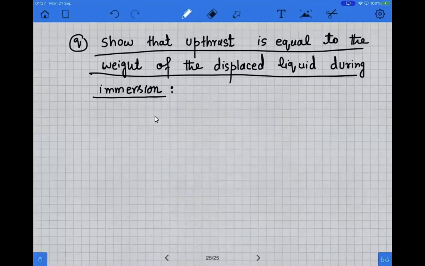This slide is about the relationship between upthrust and the weight of the displaced liquid. Before starting this topic, you need to understand one thing. If we multiply density of a person, just for example, density of teacher